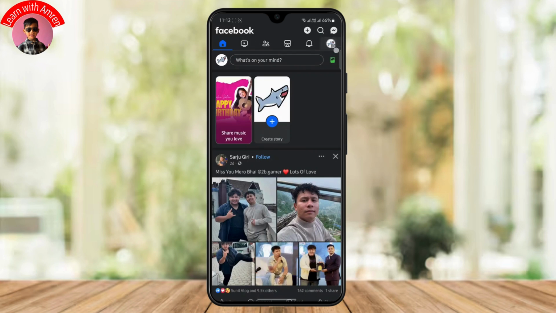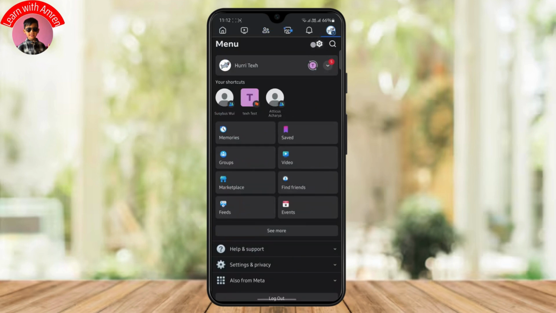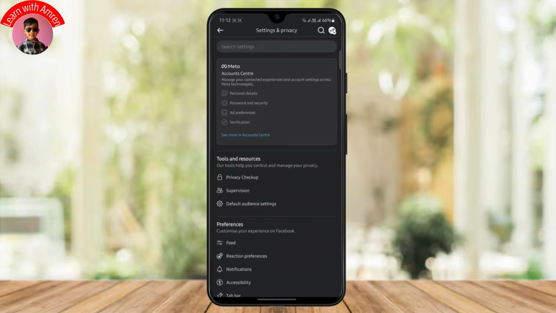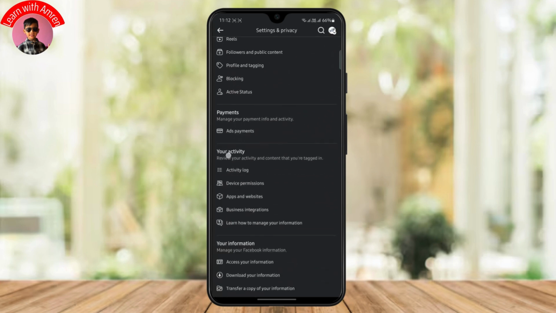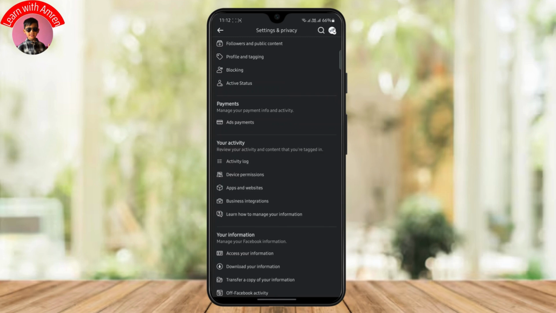to go to your profile by clicking here at the top right. And here you see the gear icon. You click on it to open the settings. And once you're in your settings, just scroll down until you find your activity, and under this you will find